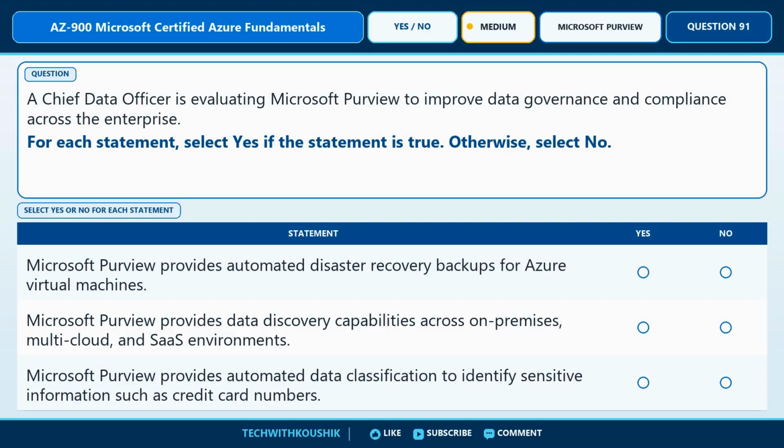Question number 91. Next, let's move into Microsoft Purview. Consider this situation. A chief data officer is evaluating Microsoft Purview to improve data governance and compliance across the enterprise. For each statement, select yes if the statement is true. Otherwise, select no. The first statement says,